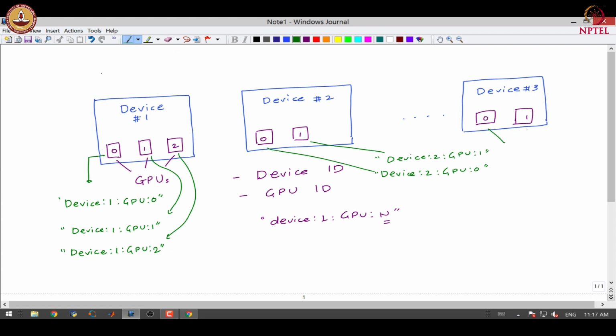Similarly, you can add the IDs for these two GPUs on device 3. This will be device 3 GPU 0, device 3 GPU 1. So, this particular path gives us a complete identification of the device where the tensor is stored.